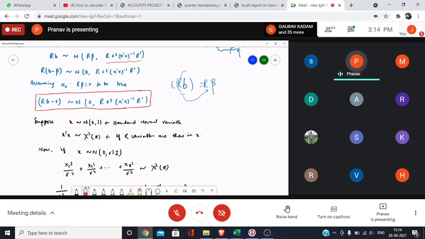So RB, and yesterday I also told you that how we are able to write that RB is normally distributed, because since B is a linear function of error term, where error term is supposed to be normally distributed. So the property of a normally distributed random variable is that any linear combination of a normally distributed random variable will also be normally distributed. So in a similar